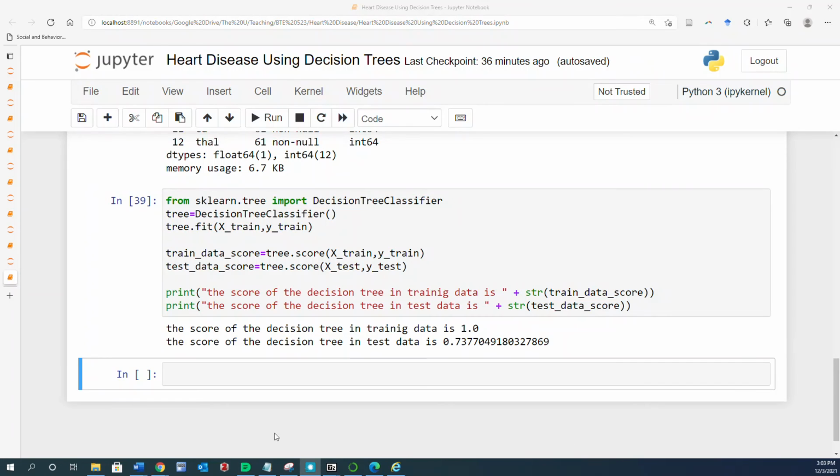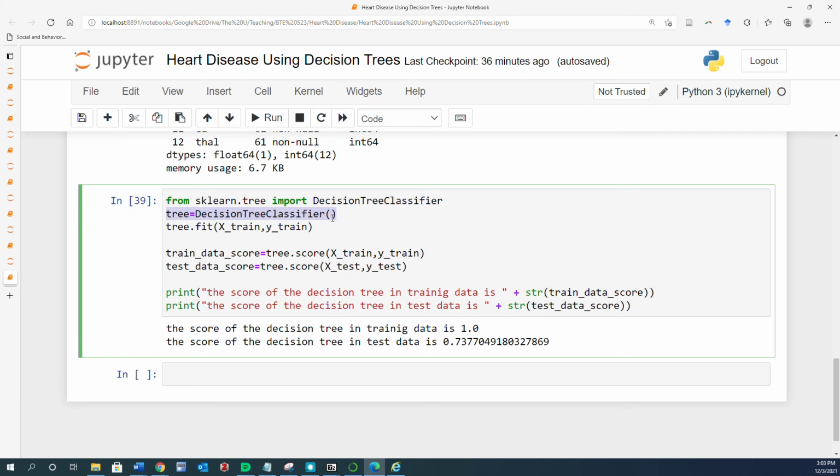So one of the things that you can do in order to improve the performance of the decision tree is to increase the maximum depth, right? It is the number of classifiers that it will go through. And one of the things that you can do is through here. So let me just do it here, and I can add the option of max depth and say equal to